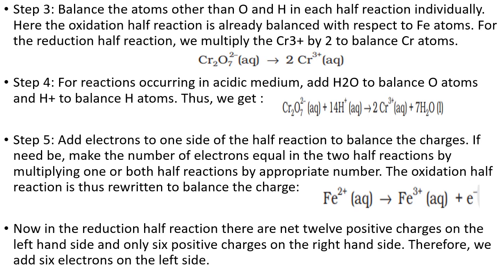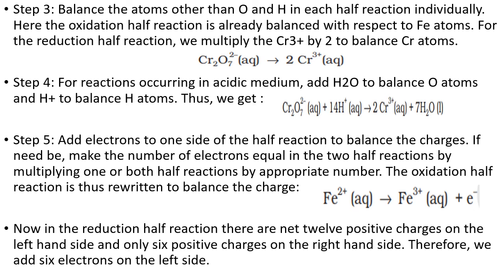That means what? Iron from +2 to +3 has lost 1 electron, whereas dichromate, from +6 to +3, has gained 3 electrons. But for the other Cr, 6 electrons in total it has gained. So 1 electron lost, 6 electrons gained. So it is unequal. Let us equalize. To equalize, I have to multiply the iron equation by 6 and the dichromate equation by 1, so that 6 lost and 6 gained become equal.